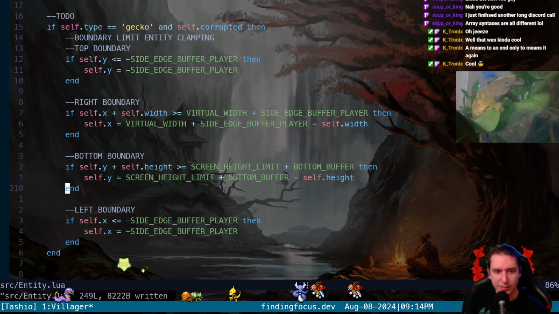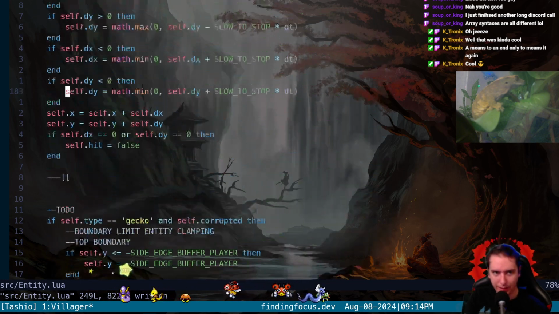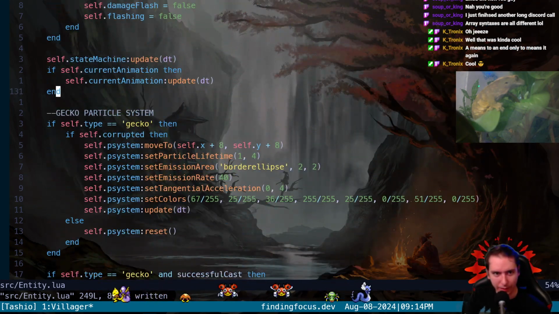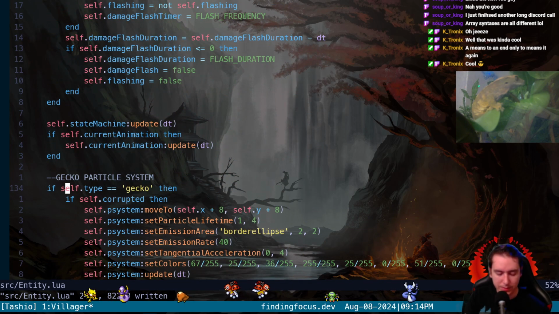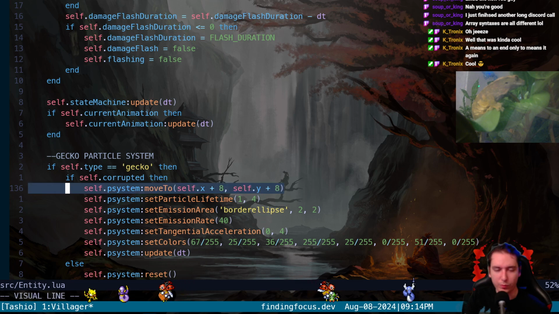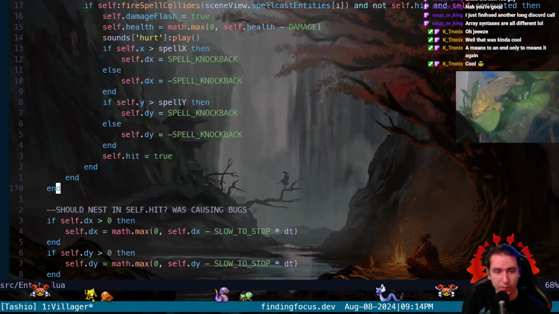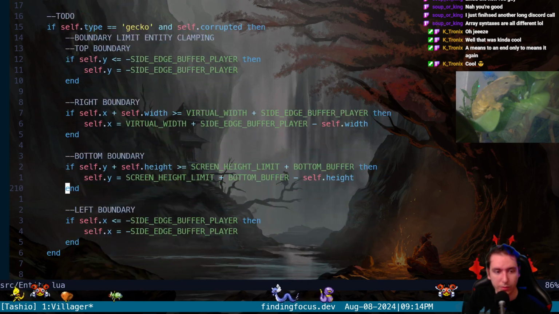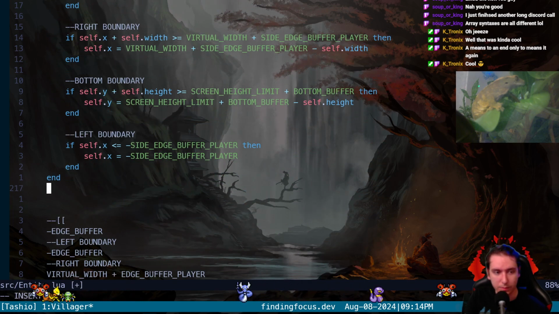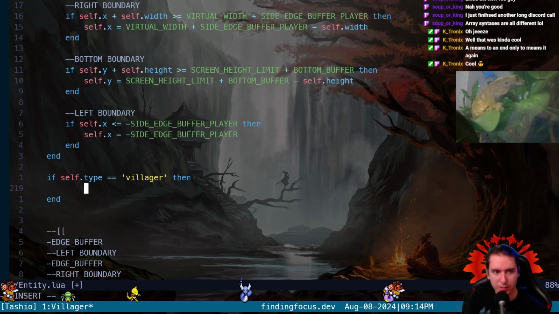See, because at this moment, when we instantiate this NPC, he's got a particle system for gecko logic just sitting in there, seeing if he's a type gecko or not, and if so, move your own particle system, which we don't have one. We'd crash if this ever gets whatever. So I do think we need to change a lot of this around, but I really don't know the proper way to do it. So we're gonna say if type.villager, let's just say